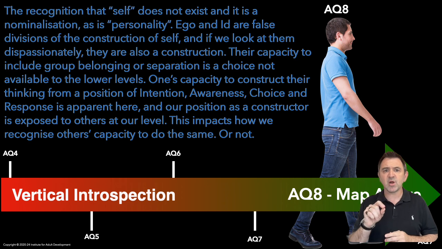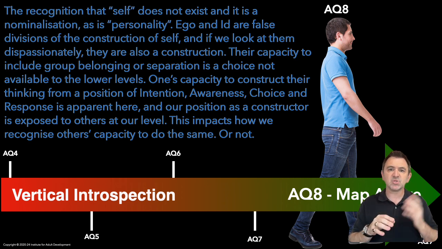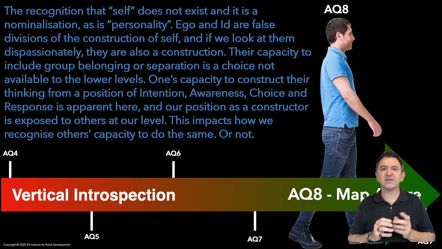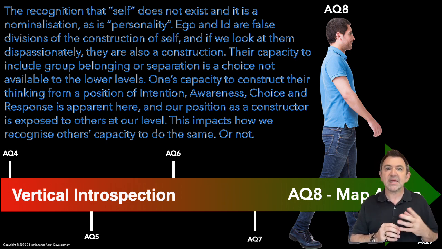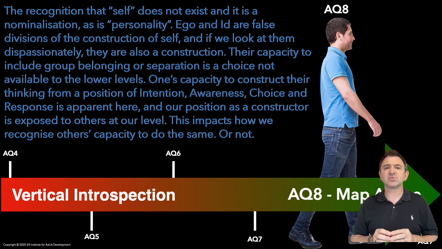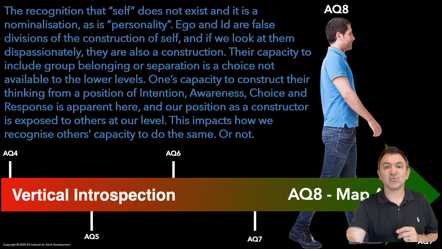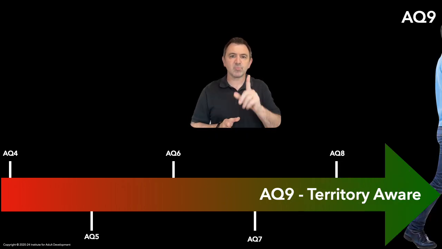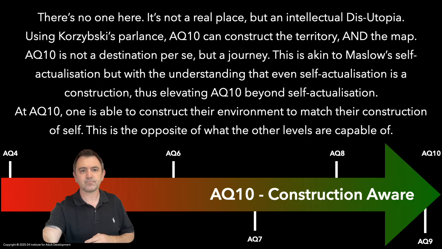And this ties in with their ideas on resilience, where they are balanced between towards and away from, capable of accepting responsibility for their actions and recognising more of the external influences impacting the outcome than, say, an AQ7 or 6. And resilience is accepted. Overall, an AQ8 individual is characterised by their strong sense of individuality rather than arrogance, as they are not really arrogating anything at all. AQ9 is great, but we're going to skip on to AQ10.